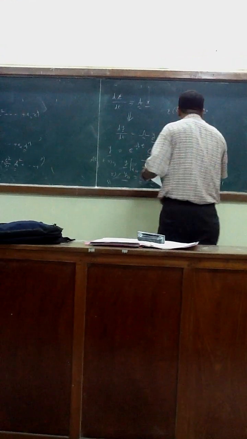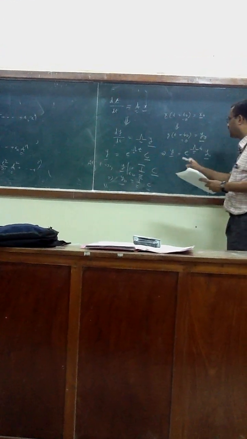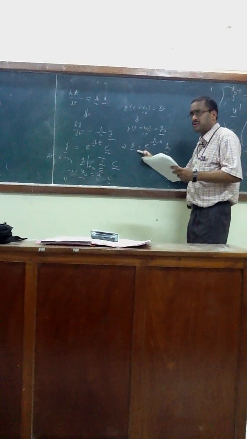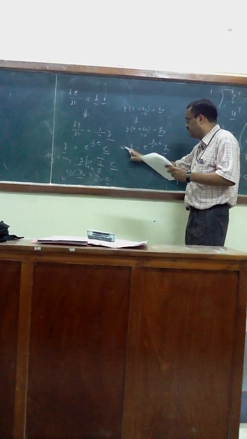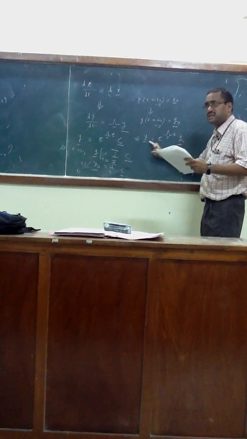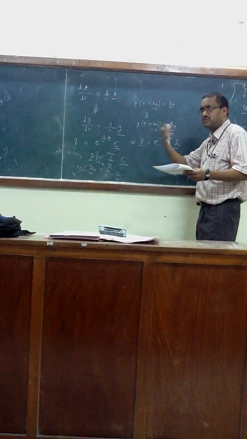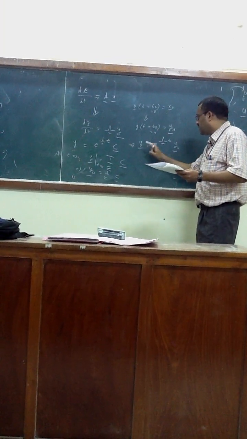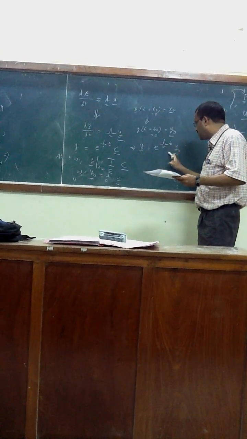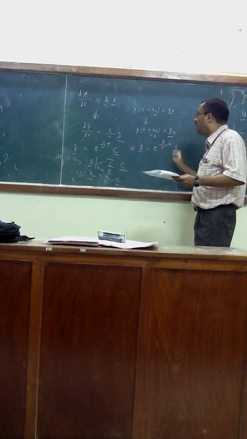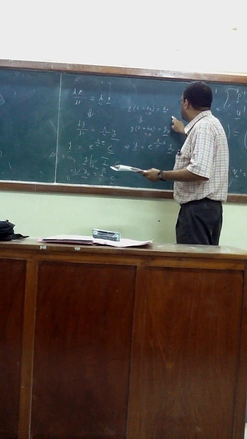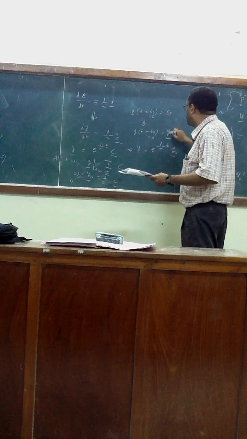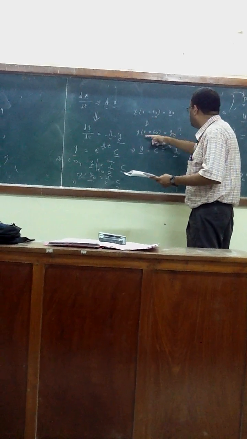So this is the final solution, and if you want the solution in terms of x, how do we get it? Y equals P inverse x, or if you multiply by P on both sides, what will you get? X. We did this in class, I think two or three lectures back. If you multiply by P, you get x equals e to the power lambda t into P into Y0. How do we get Y0 from here? X0 is given. Y0 is not known. How do we know Y0?